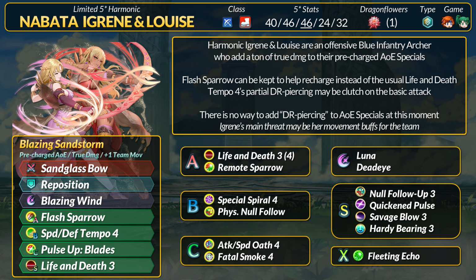For max AoE damage, we generally use Life and Death, A slot, and Sacred Seal slot. You can do this if you only need 1 kill like on a defense team, but Flash Sparrow is needed if you want to recharge on the following turn and not use Special Spiral. You can use Special Spiral, but Tempo 4 gives that partial DR Pierce, which can clutch a close KO when